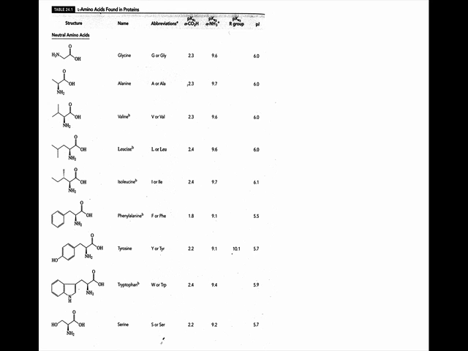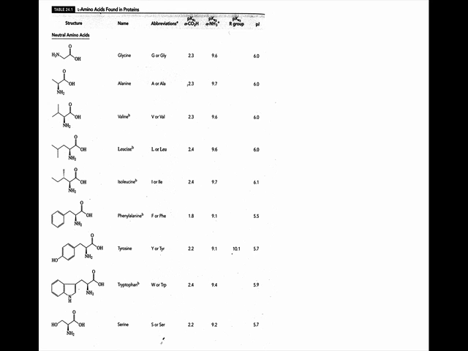All L amino acids have the S absolute stereochemistry with the exception of one of them. They're all L, but the absolute stereochemistry for these amino acids is S except for cysteine, which has a sulfur, and it changes the priority order. So all of the L amino acids, which are considered the natural amino acids, have the S stereochemistry except for cysteine.